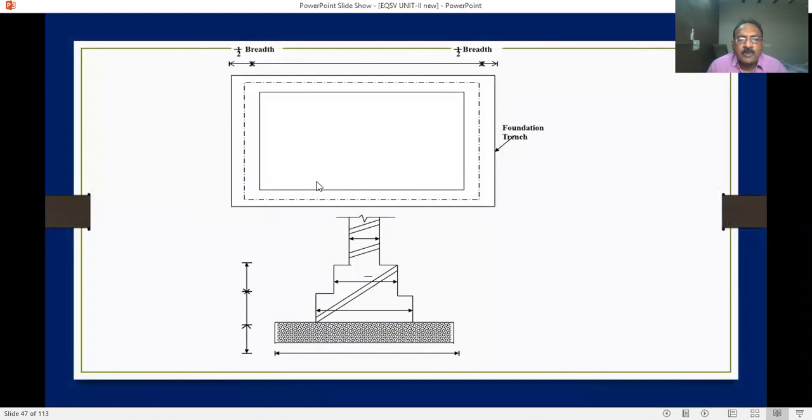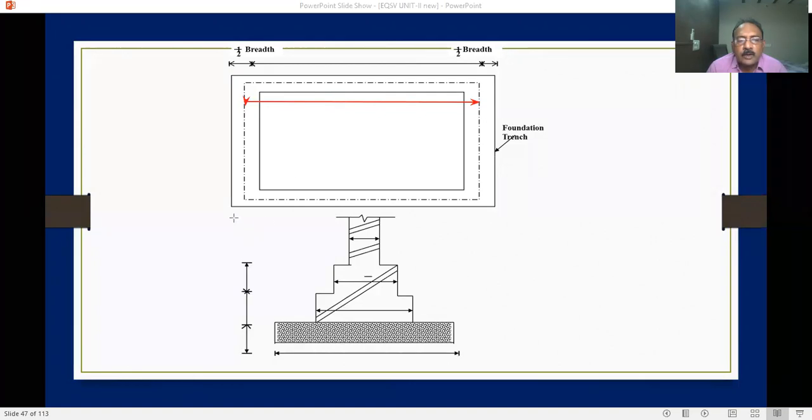This is understood. Suppose how to calculate. First you calculate center to center here. Suppose you calculate from center to center first. Okay. How do we calculate? Clear plus half of this, half of this. After getting this center to center, right? This is center to center, right? To get out to out. If you want out to out here, this is out to out. How will we get this out to out?